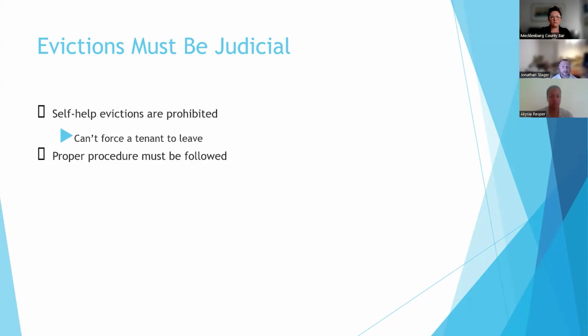Sometimes, if the lease doesn't have information about the eviction process, it's going to fall back on what the North Carolina statutes say. But at the same time, it can be supplemented by whatever's in the lease. So it's really important that both parties are aware of what's in the lease. I know some people get a lease and they put it in the trash, or they put it in the junk drawer, or who knows what happens to it. And then when it's time for an eviction, or when they want to know what their rights are, they can't find it and they just don't know. So it's really important to keep the lease and to know what's in there.